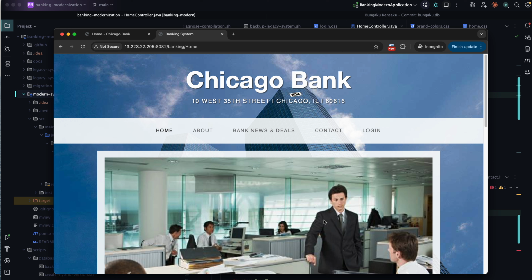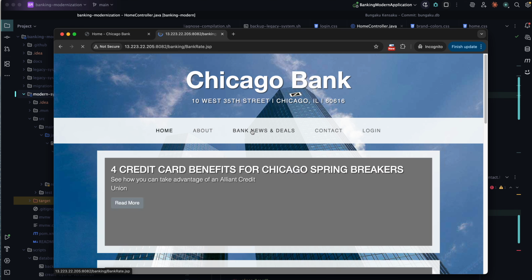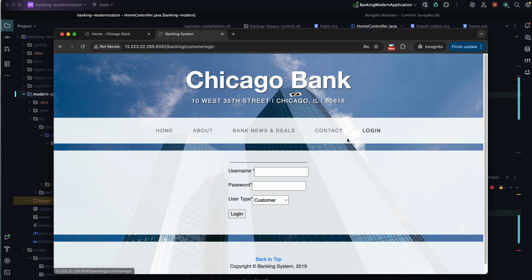This is just an open source project that was out and available in a GitHub repository. I was looking for a project, again, built in Java Enterprise JSP using servlets, deployed on an external Tomcat web server. And this is it. You can see that it has some basic functionalities that represent a banking application,